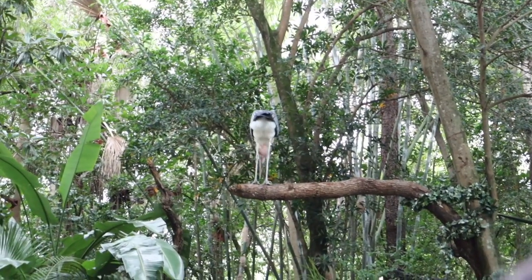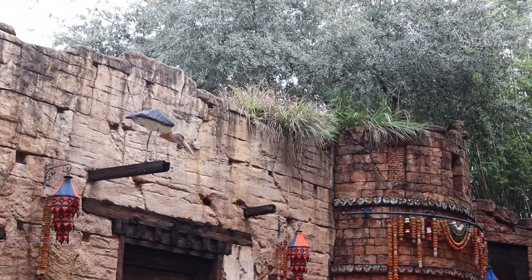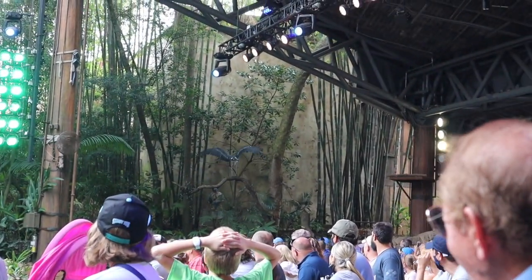12-foot wingspan. But these birds play a huge role out there in the wild because of what they do, right, Morgan? They're a scavenger, they eat carrion, they eat things that have died in the wild. But these marabou storks, that big long sharp beak, that's the...